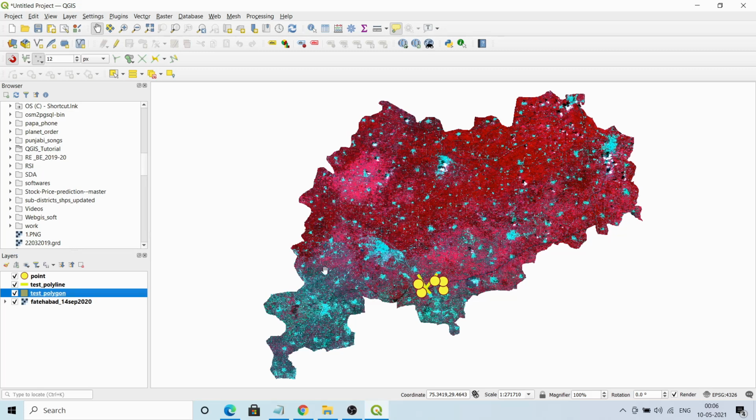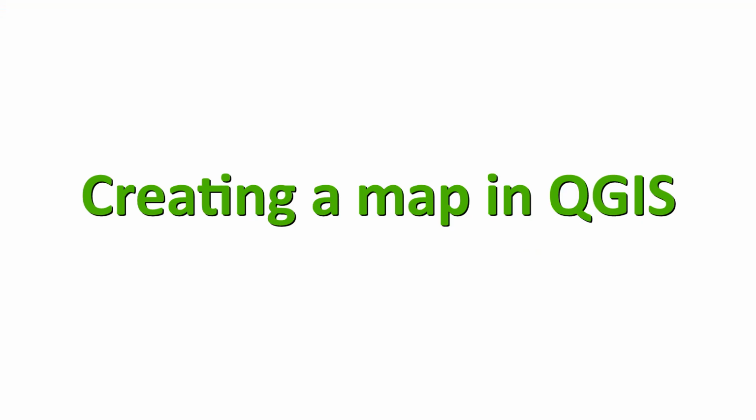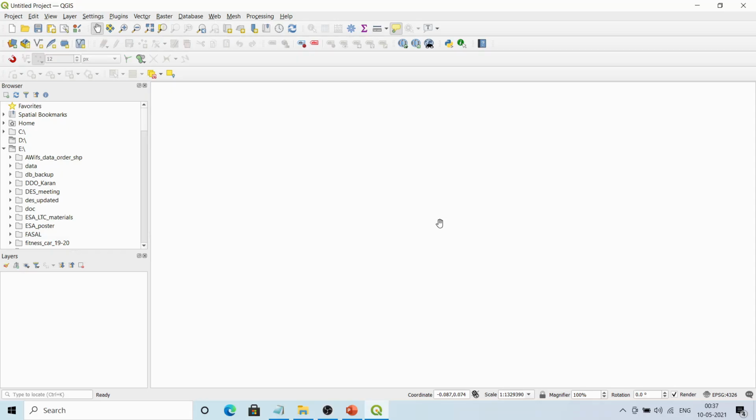So in the next part, now we have generated the NDVI, this polygon and point and line. Now we'll see how to compose a map, how to export a map as a PDF or JPEG. Okay. So now, as we have learned in this tutorial how to work with the raster data, vector data, how to create vector data, now in the final segment we will see how to compose a map, how to create a map